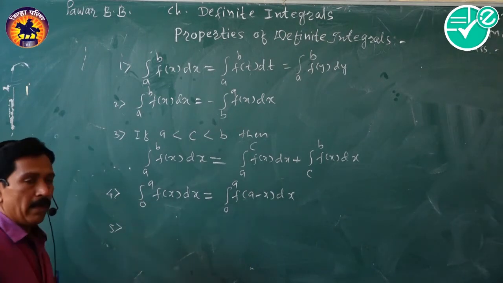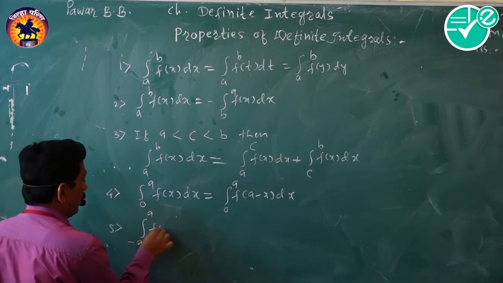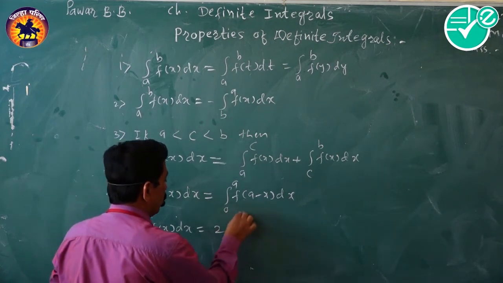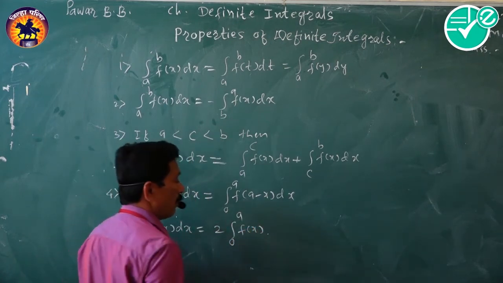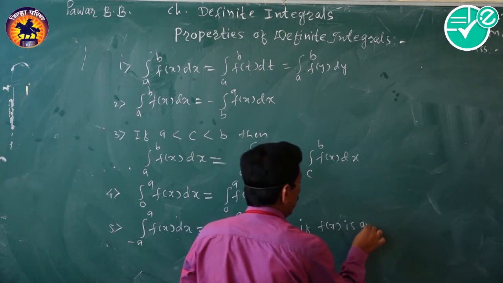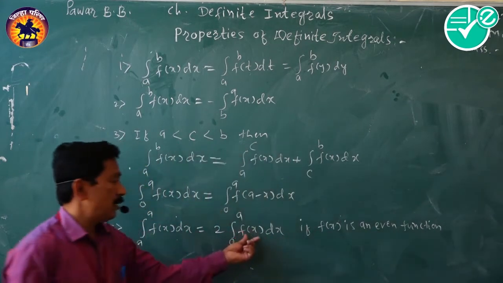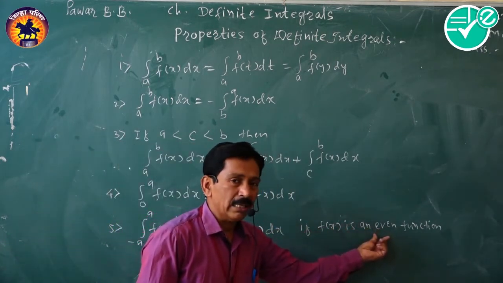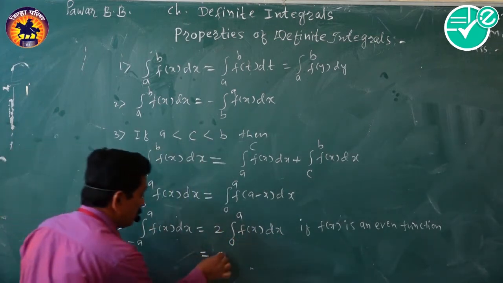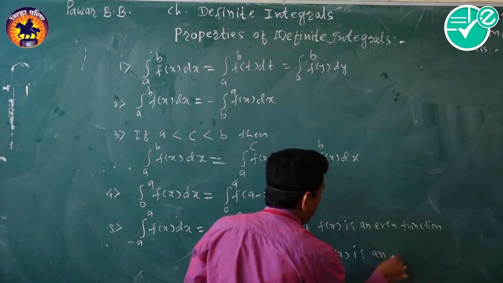Fifth property, integration from minus a to plus a f of x dx is equal to 2 times integration from 0 to a f of x dx, if f of x is an even function, and if it is odd then it becomes 0. That is, if f of x is an odd function,